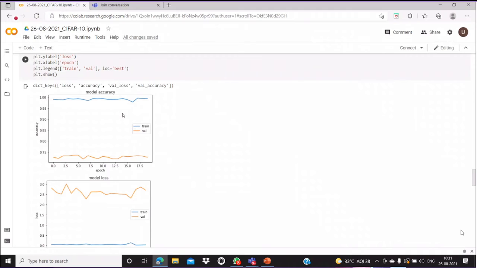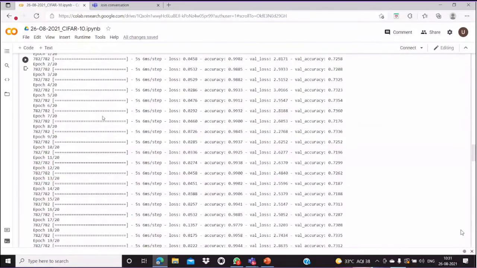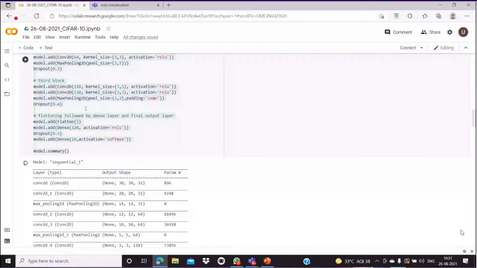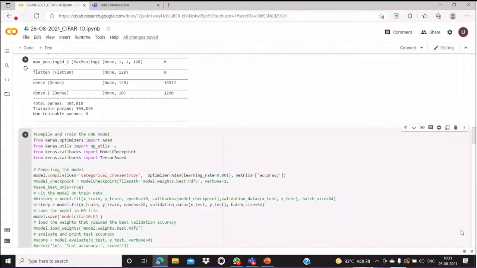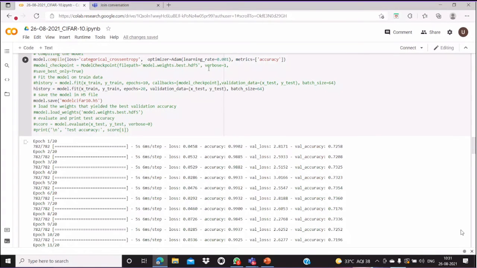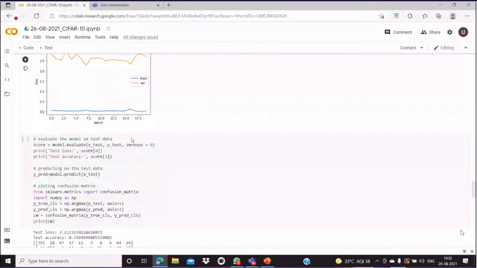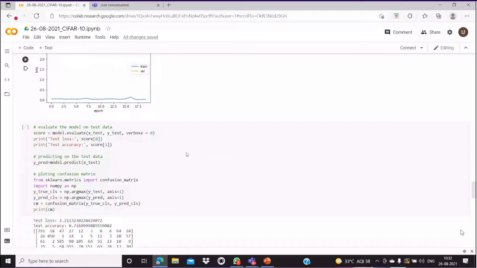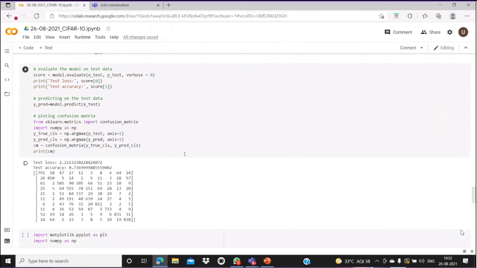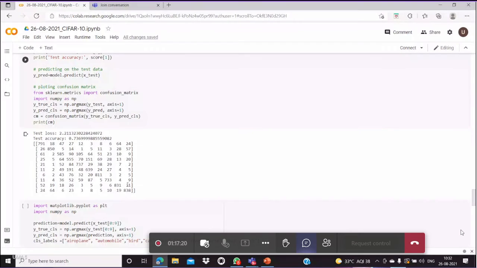To overcome it, you have to increase the complexity of your CNN model. So we have to add layers here so the model is more complex. We can use any predefined trained model, or we can change the learning rate, or change the weights. Epochs can also be increased, so that we can overcome this loss and accuracy problem.